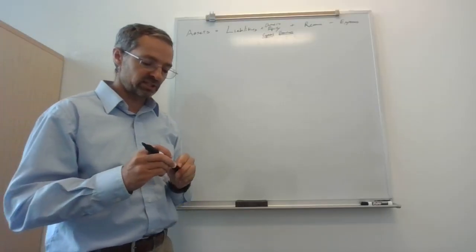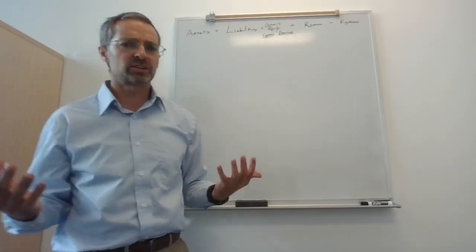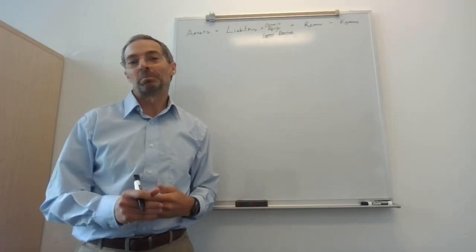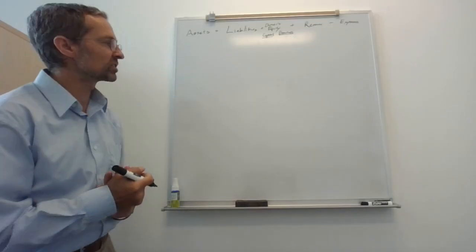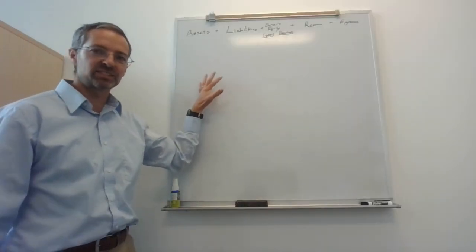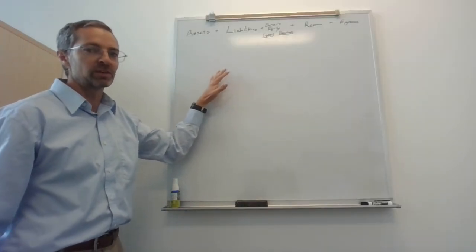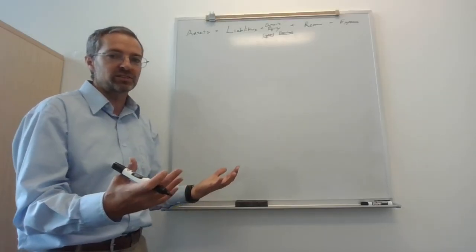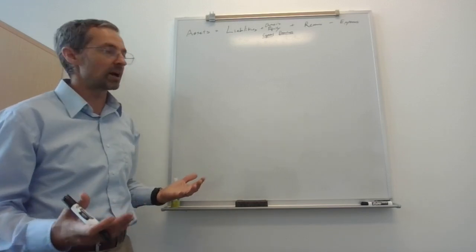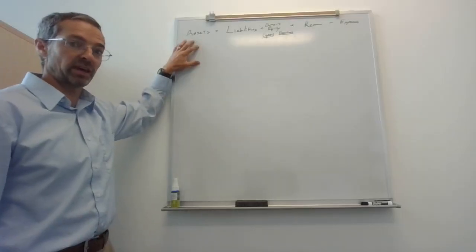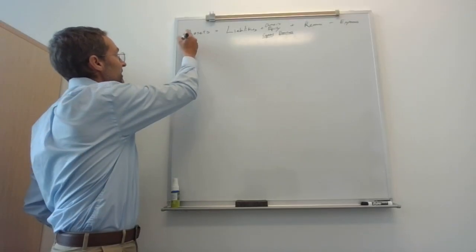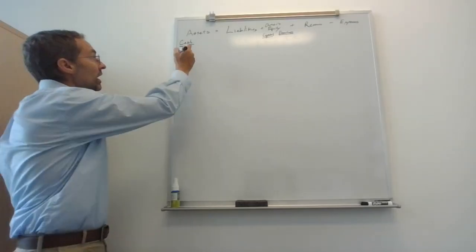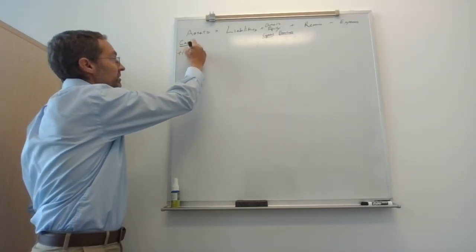All right, so let's start our business. Often our homework problems start out with, the owner put $10,000 into the business. So let's start with that one. All right, so we are looking at this from the business's viewpoint, not the owner's viewpoint. So from the business's viewpoint, when the owner puts $10,000 into the business, what does the business have now? Well, the business has some cash. So that's our first account. We have cash. How much cash did we get? We got $10,000.